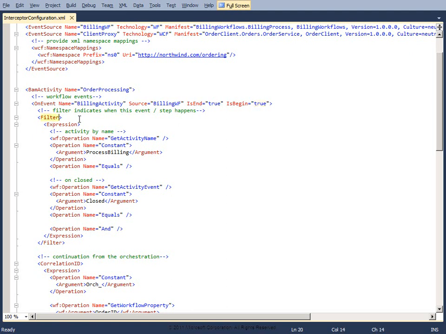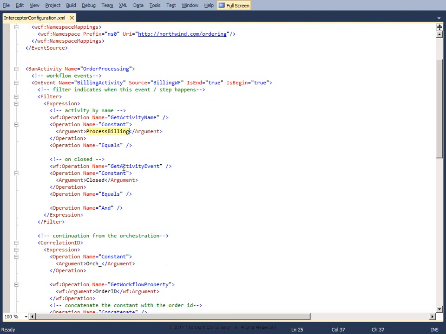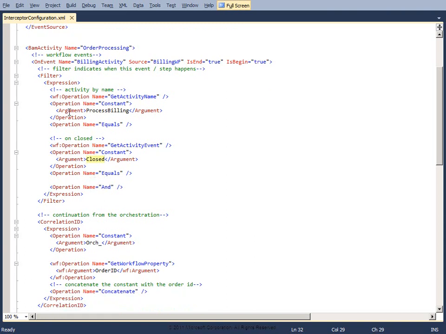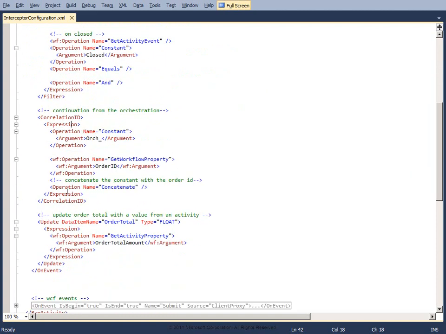Within that, we're going to see the filter, and we're going to be able to get in then and notice that we have this get activity name, process billing, and we have an equals operation here. So we're looking for an activity called process billing, and we're also looking for the activity event of closed. So that's our filter. Our filter says when that activity called process billing closes, then this event is a match. And then we've added in here